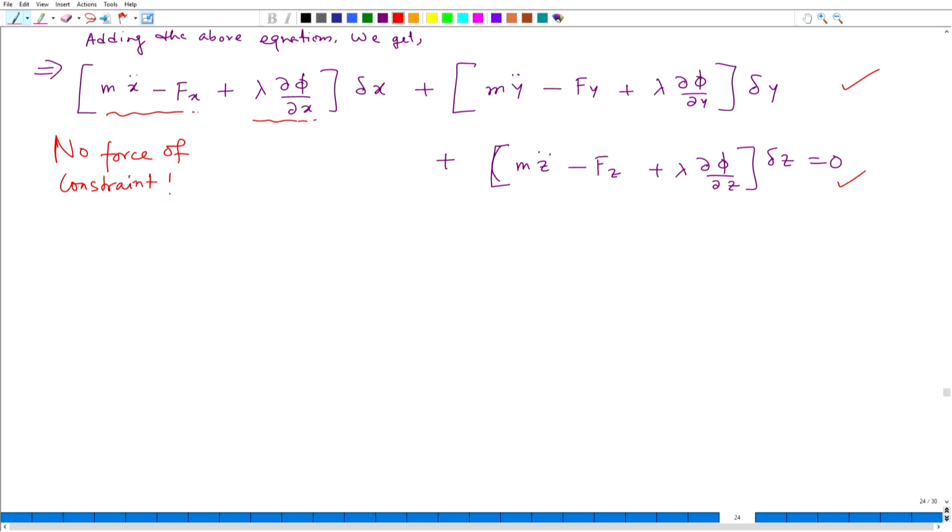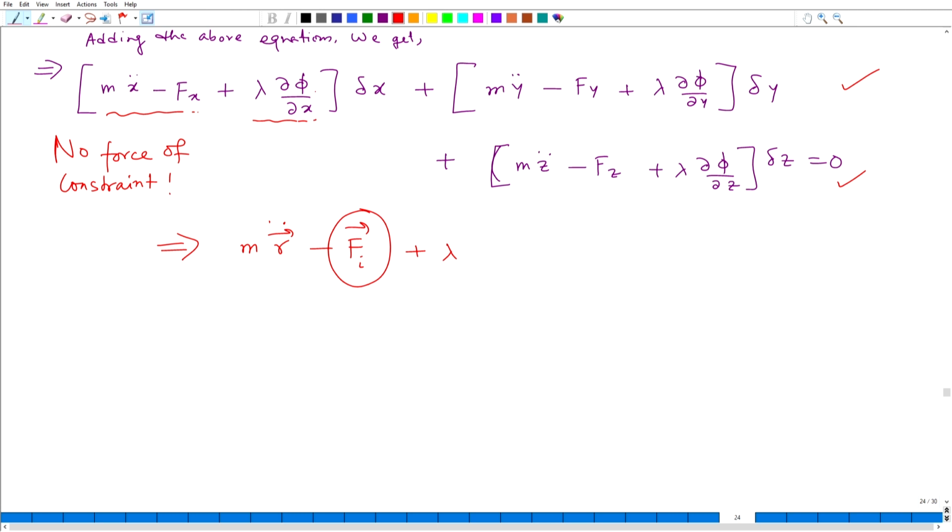So, if we write these things, then what is the vector form of this? The vector form is simply m r double dot minus f, or as you wrote f I, for example, the part of force which is not related to the constraints, and then you will have plus